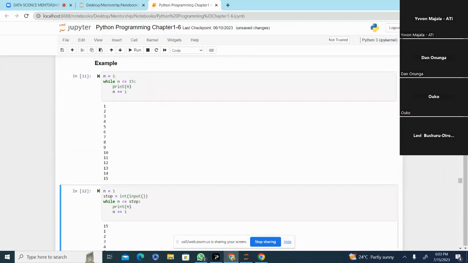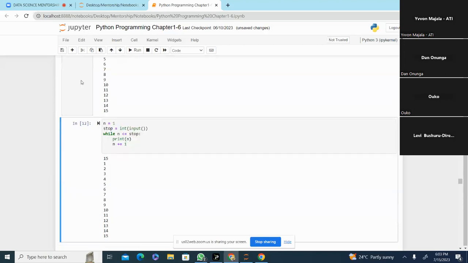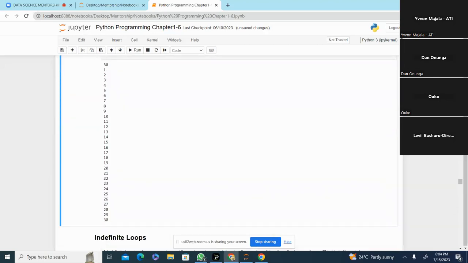The first one is just specifically for 15 loops, but in the second one, you can just enter any number that you want. For example, if I enter 30 and I run, you see it will give me 30 different iterations or loops. So what I want you to get,